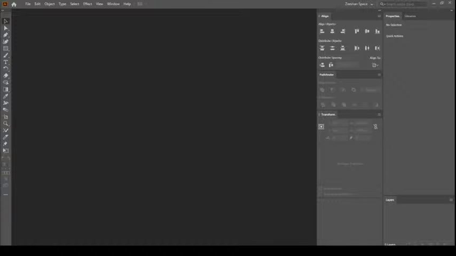So in today's class, we will learn about the pen tool, how to use the pen tool in Illustrator. Now, the pen tool is a really important part of Illustrator. Basically, it's something that makes Illustrator an illustration-based application. The pen tool is the most widely used tool inside Illustrator. So if you don't know how to use the pen tool, that means you have not learned a big part of Illustrator. So that's why it's very important and a lot of practice